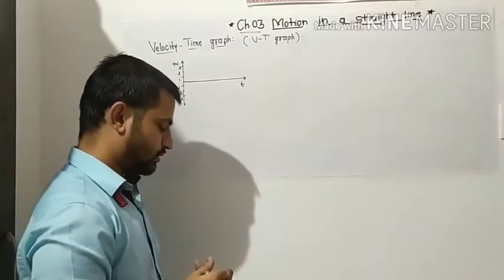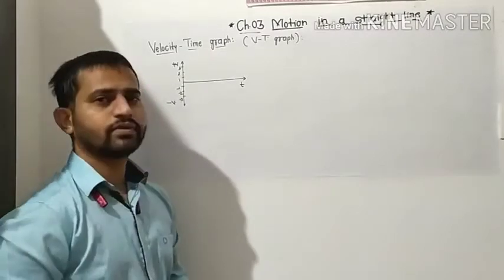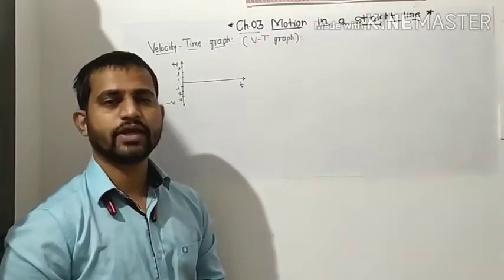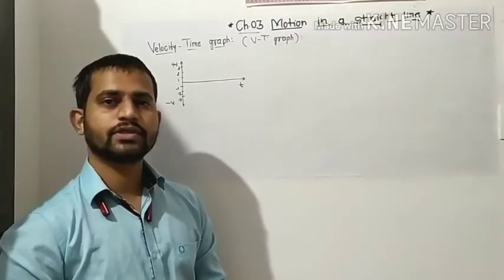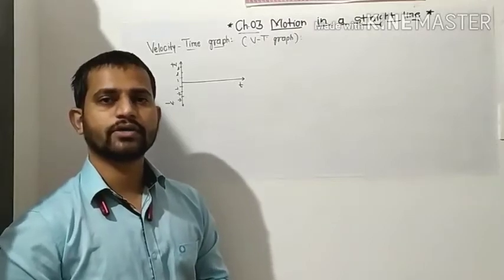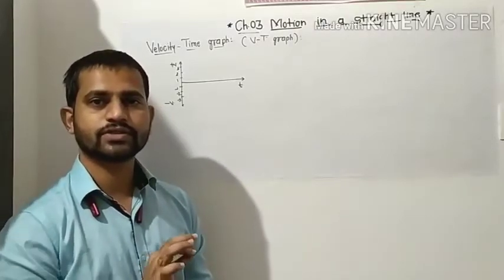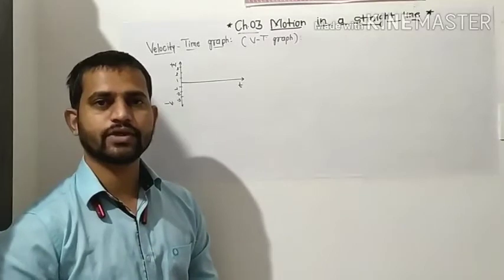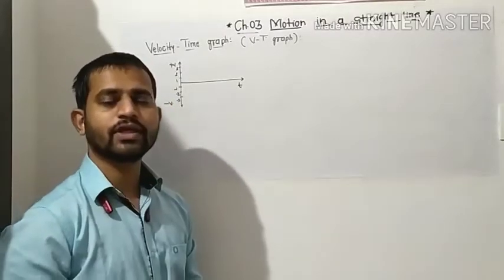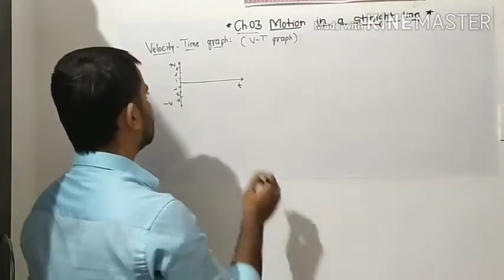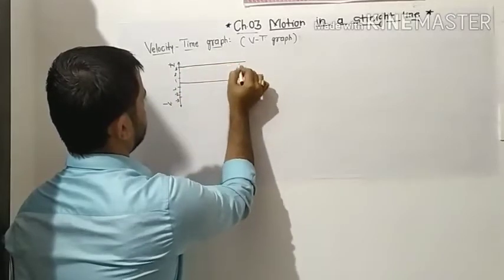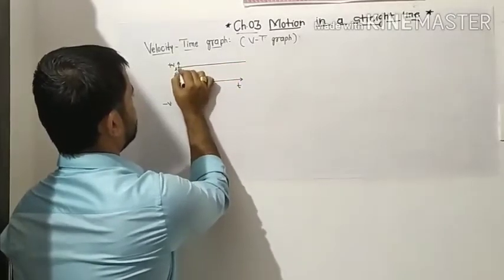If a particle has traveled and then it is moving with uniform velocity now, then in that case how can we show that particle? We have to take one straight line. How much will be the velocity of that particular particle? Suppose the particle is moving with 3 meters per second, then here we can show the straight line.